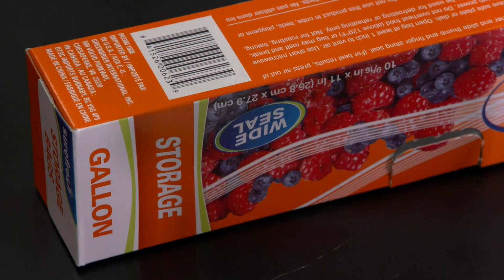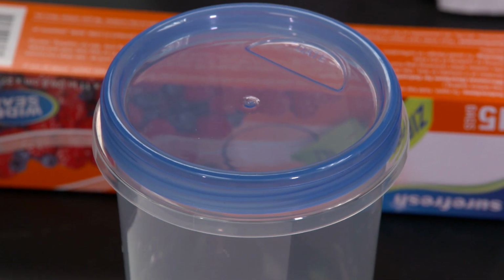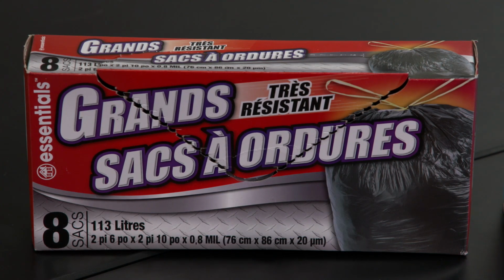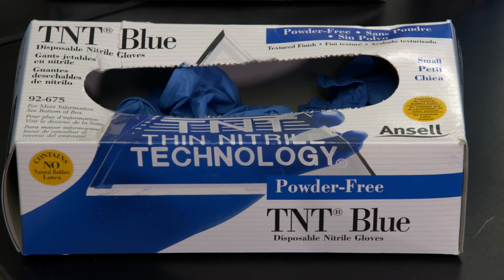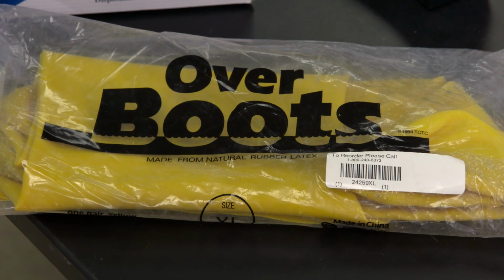The third step to protect your school is to make a mercury spill kit to clean up small spills. To make this spill kit, first collect the following items: a box of gallon-sized zipper-top plastic bags, a 1 pint to quart size plastic jar with a screw-top lid, a box of large trash bags, 2 to 6 millimeters thick, a box of rubber, latex, or nitrile gloves, several pairs of rubber booties to wear over your shoes,